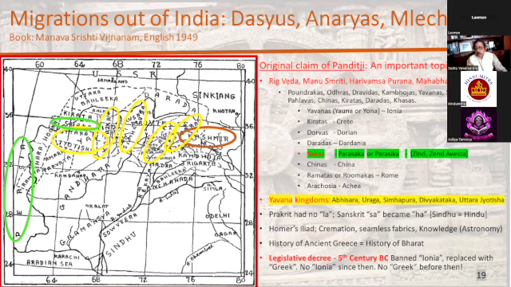I'm not sure what invasions you're talking about. What invasions are you talking about? No, I mean the Islamic invasions and the British. No, Islamic is very different. So you're talking about the time after 1193 AD. I want to stay focused on the chronology between 3138 BC and 1193 AD.